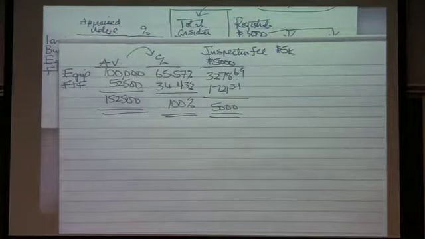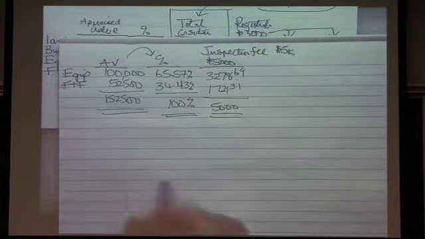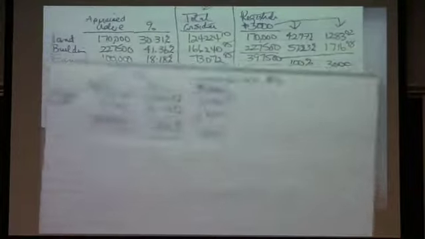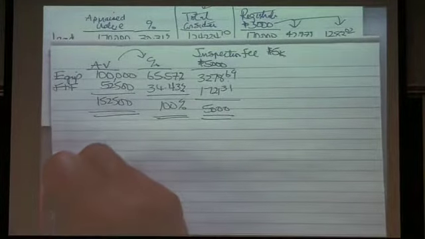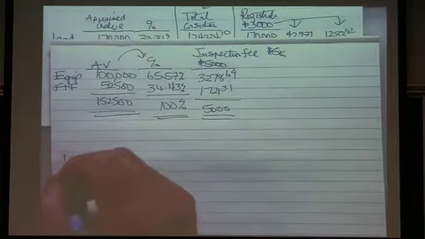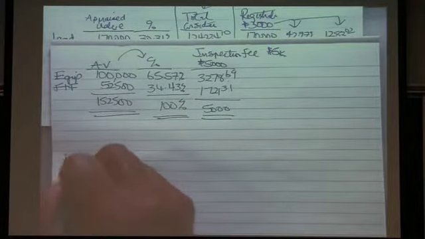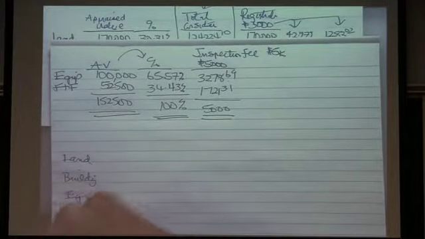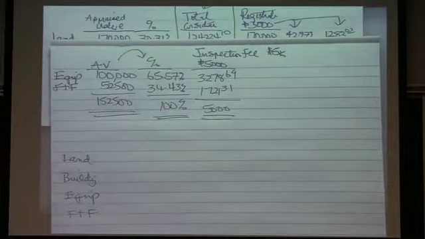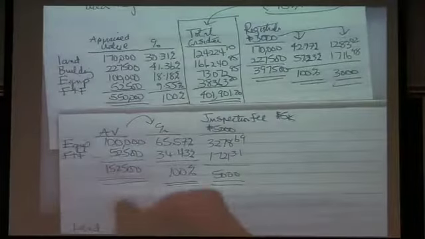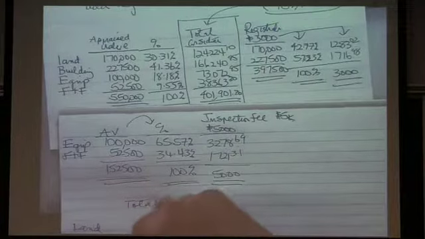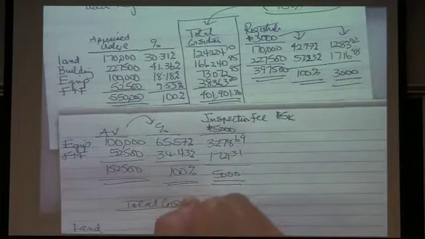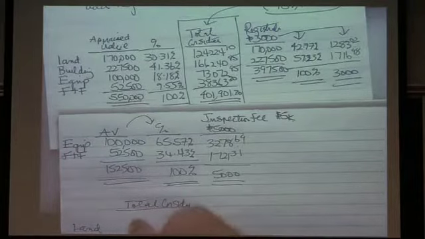So here's the bottom line, because the first part asks us to do a journal entry. So what I'm going to do is summarize this chart along with this chart down here. So we've got land, let's start with land, we've got building, equipment, furniture and fixtures. So we know that the total consideration, we know this is